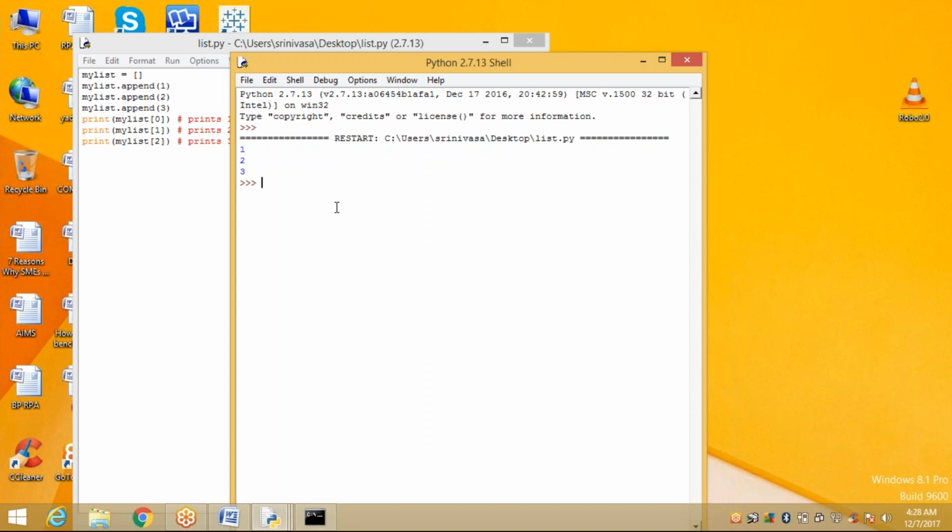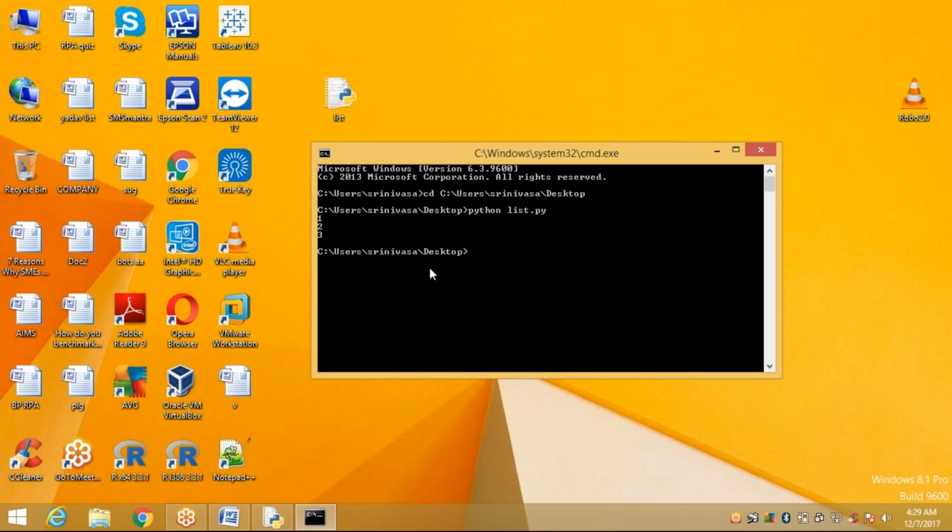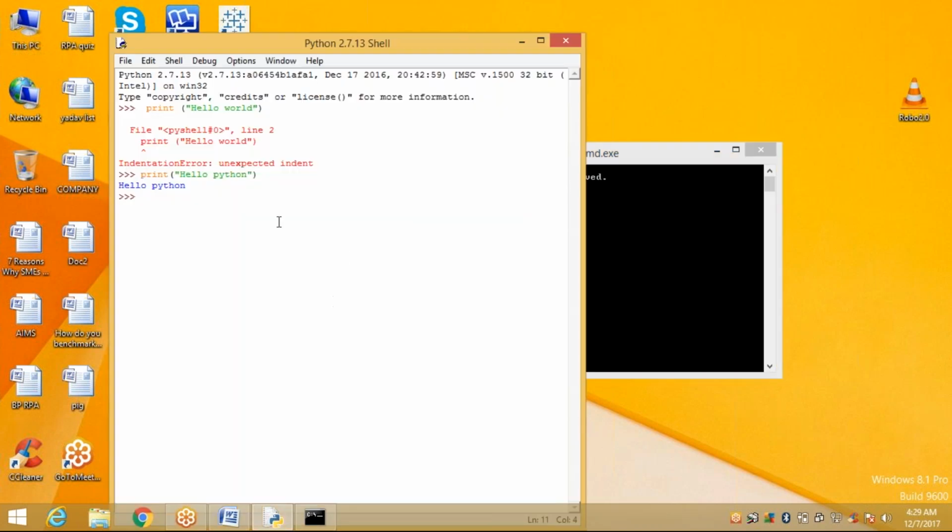You can copy and paste the program in your Notepad++ and directly execute this program in the IDLE or command prompt. These are the ways to develop in Python. Are you understanding? Yeah. This is the way. Now I want to create one more program. See here, already I have developed this.